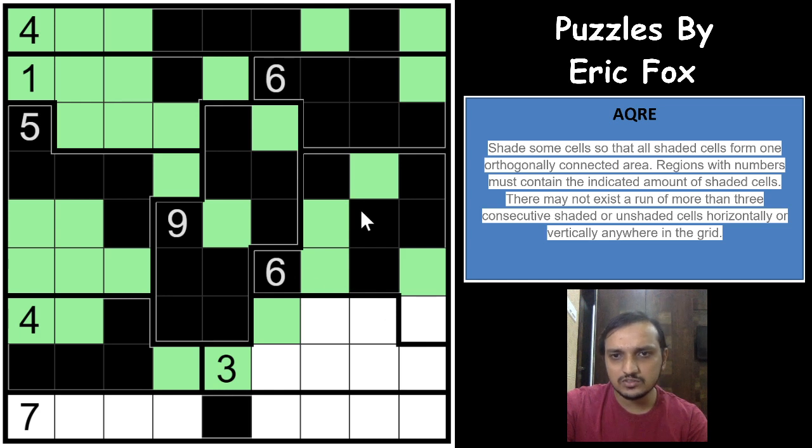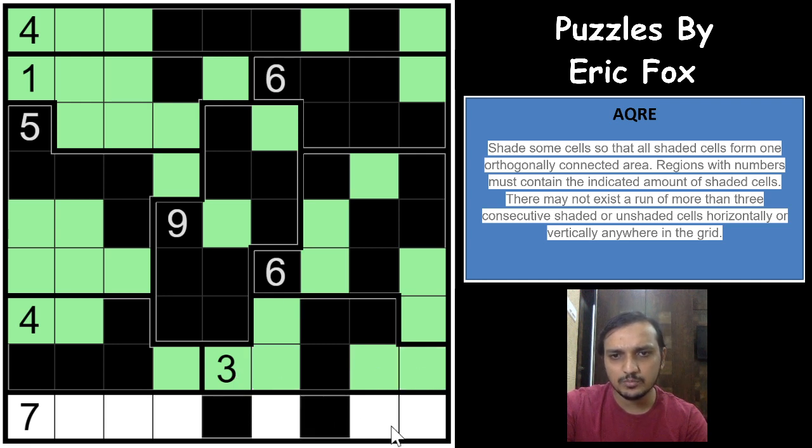So do you have 6 shaded cells already here? 1 2 3 4 5 6. So this would have to be unshaded, which makes this shaded and this unshaded, and again this has to come out this way. So 3 cells are already shaded now. Both of these will be unshaded, and it has to come down this way, right? And so this group of shaded cells has to connect this way. So both of these will be